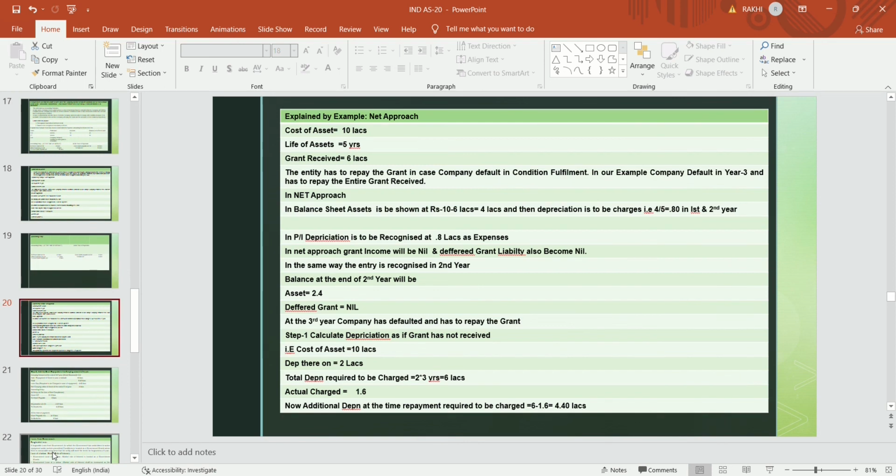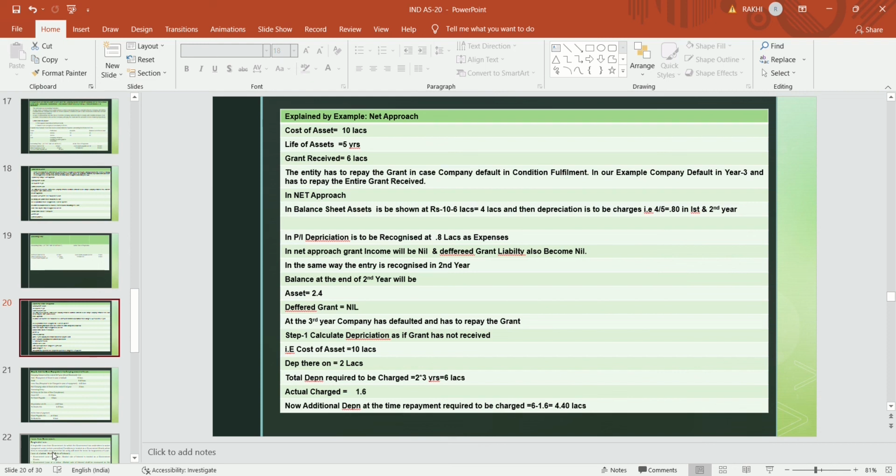10 lakhs, the life of the asset is 5 years, and the grant received is 6 lakhs. So in the third year, they will default. In the balance sheet, in the net approach, at the time of initial recognition, when we get the grant, 10 lakhs minus 6 lakhs, 4 lakhs is to be shown as the cost of the asset, and depreciation is to be charged on 4 lakhs over a period of 5 years,